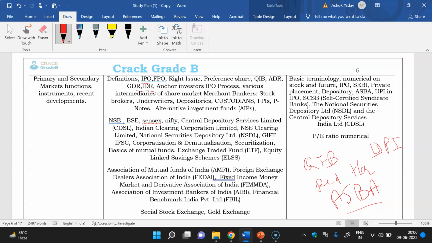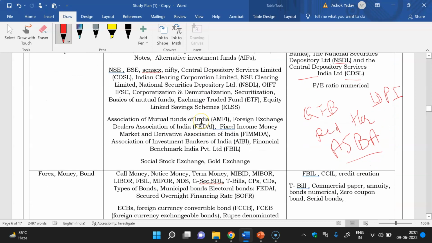So different terminology they asked, like depository, NSDL, CDSL, Central Depository Services Limited. These questions have been asked. Other basic things you must know, like NSE, National Stock Exchange, Bombay Stock Exchange, and securitization, demutualization. Previously they asked such definitions directly. Corporatization. What are these organizations? You must know at least the full form and what they do. Okay, social stock exchange, gold exchange, and